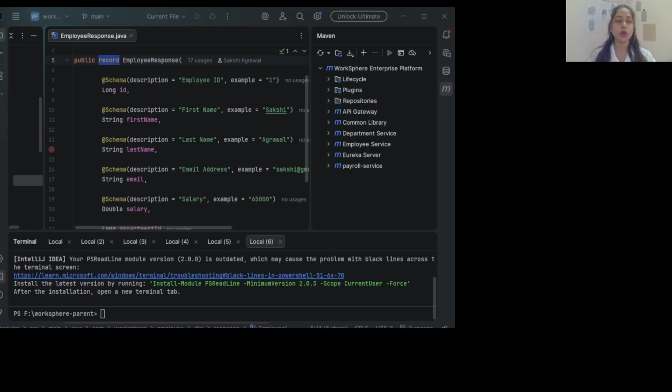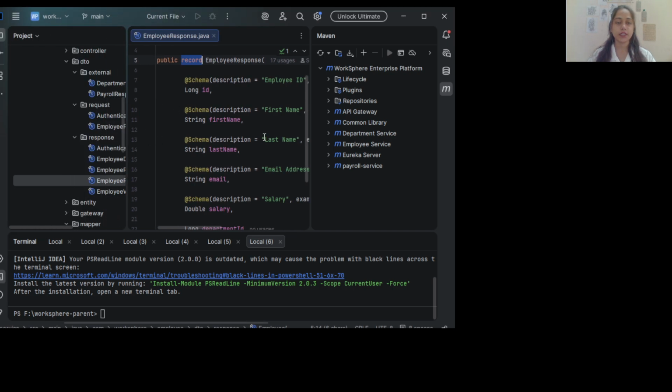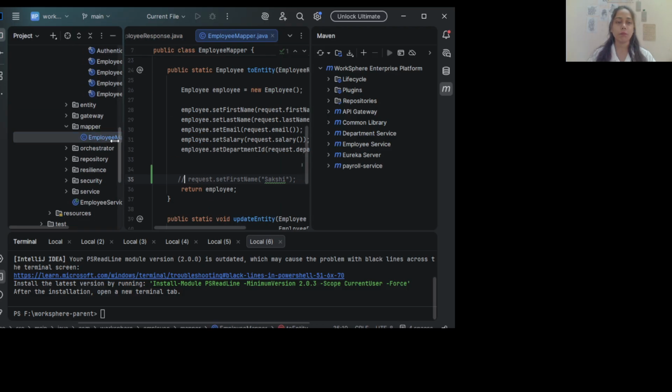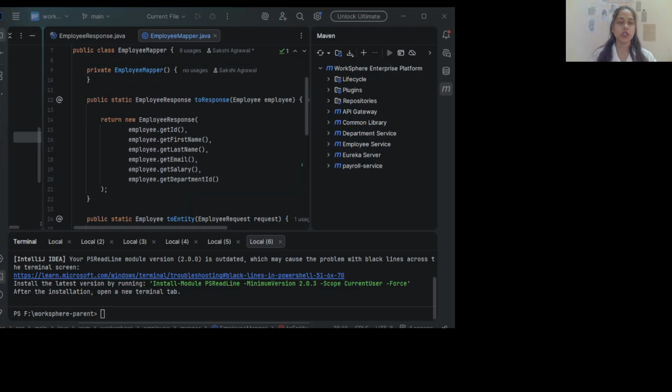Now I will show you how we are calling these classes and data in other classes. If we go to the employee mapper, generally we call details from this mapper class, instead of calling directly, like how we usually call entities with the getter method. We have an employee, which is an entity class.